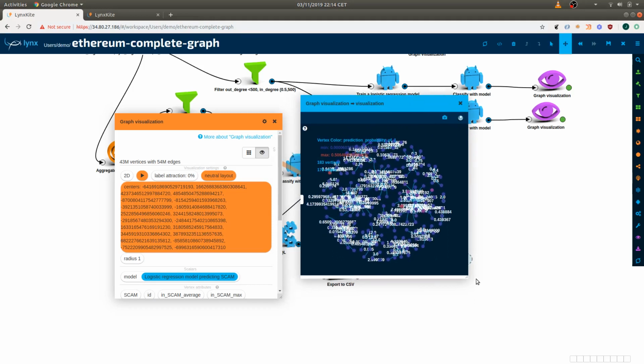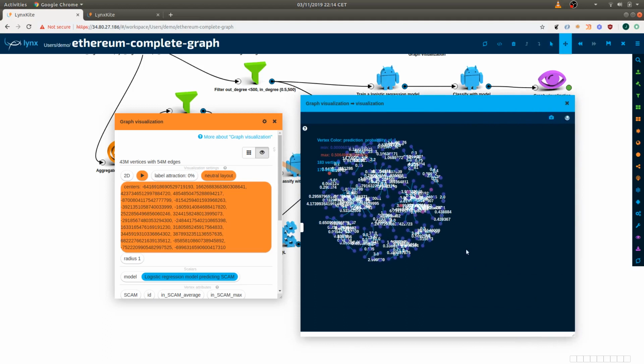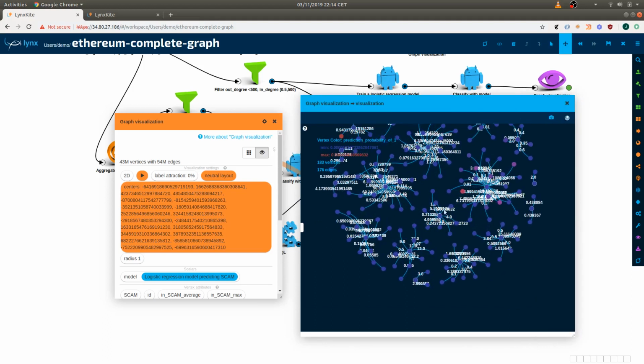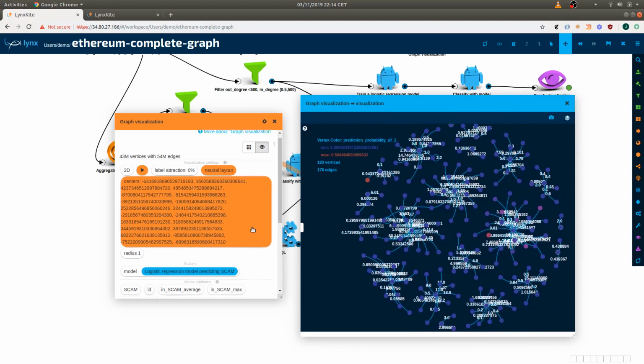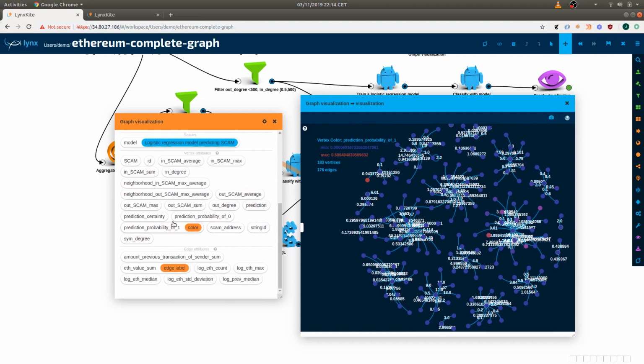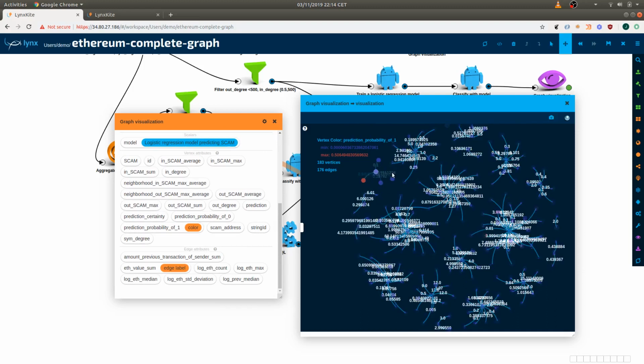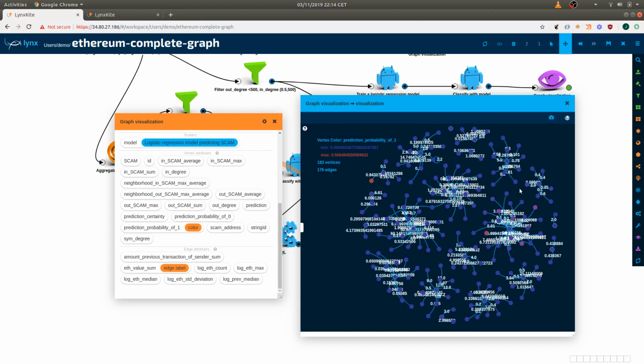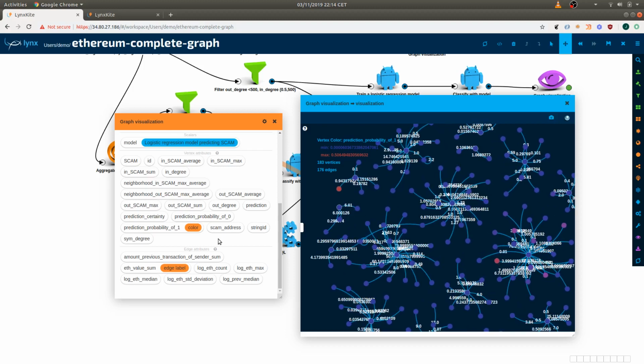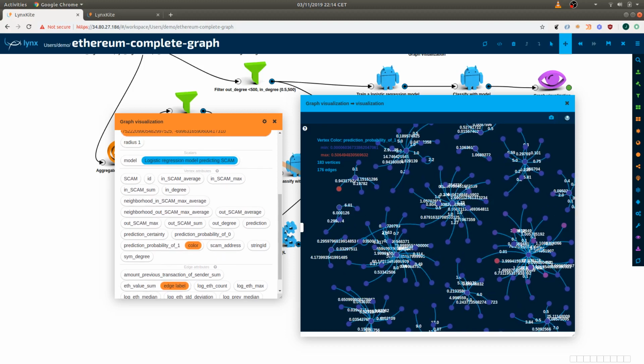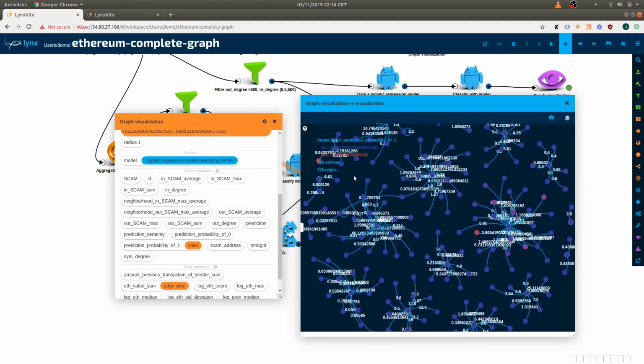For example, in this case, you can see that we have selected a few nodes and we have set the prediction attribute as the color of the nodes. So red nodes are scam and blue nodes are not a scam, or at least not predicted as a scam. And we have also set the amount of the transaction as the label of the edge,